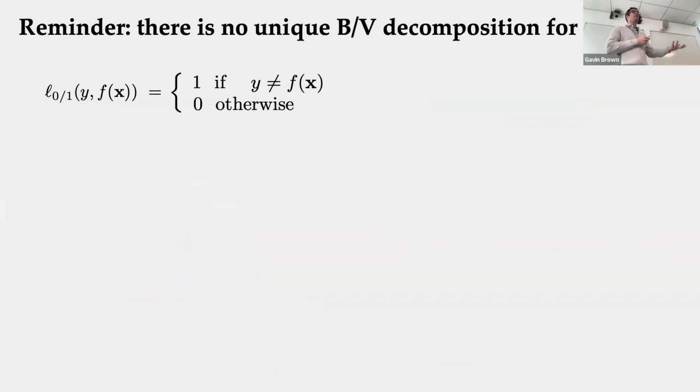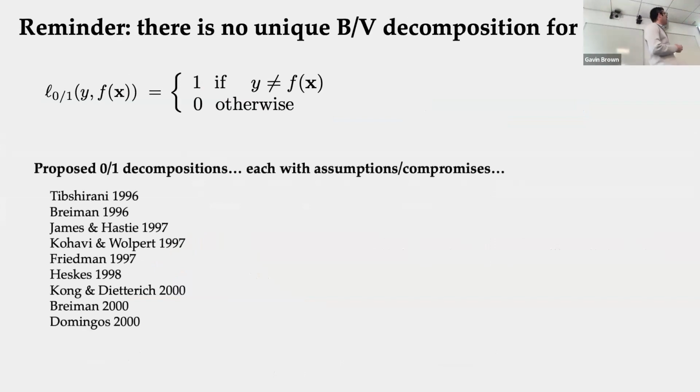What happens in a 0-1 loss case is quite strange, and it's been tackled by many authors. There was this five or six year period in the 90s when everyone had a go. And if you know the history of machine learning, these authors are like the who's who of classical machine learning. You've got Leo Breiman, like the man. You've got Trevor Hastie himself. You've got Jerry Friedman here, like the guy, importance sampling guy. You've got Tom Dietterich, who's still very active, and some more people.